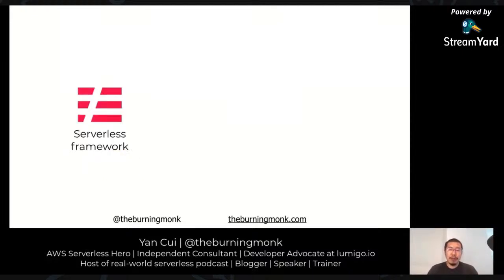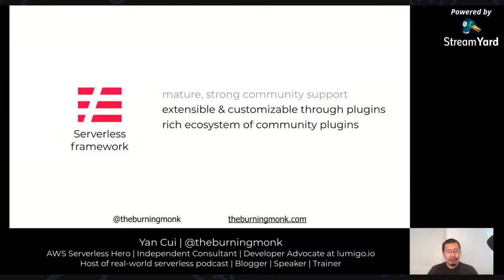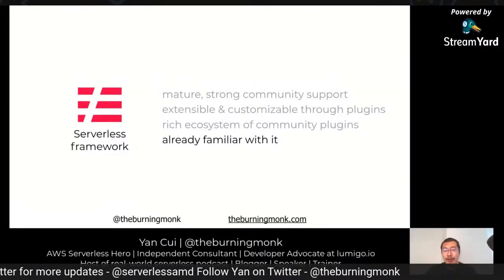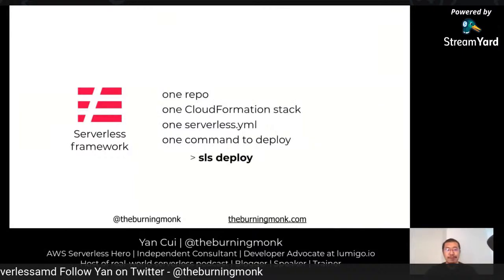So moving a little bit closer to the actual code, I use the Serverless Framework to help me package and deploy the application because it's a mature framework and it's got a great community around it. And it's also very extensible through this whole ecosystem of different plugins that are coming from the community. And we are going to see two of them in a minute. And also lastly, I'm also very familiar with the Serverless Framework. It's my go-to option for a few years now, and I'm very proficient with the framework as well.